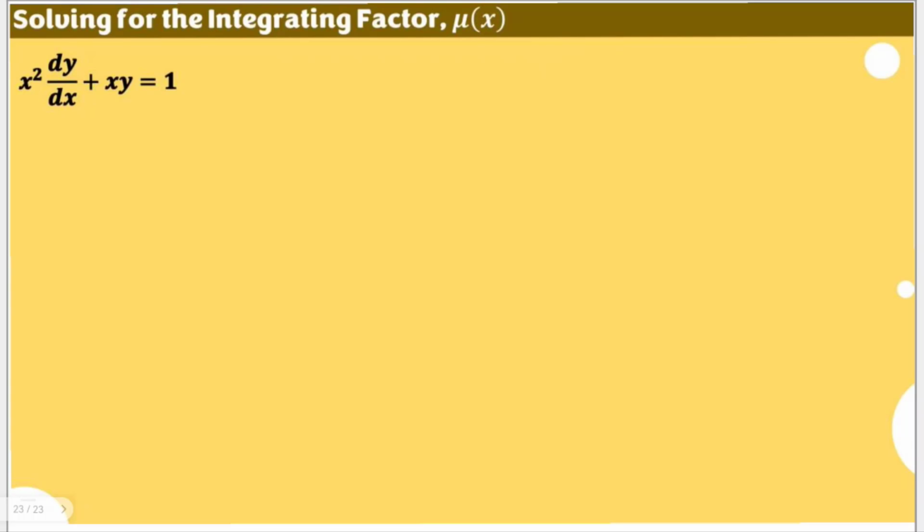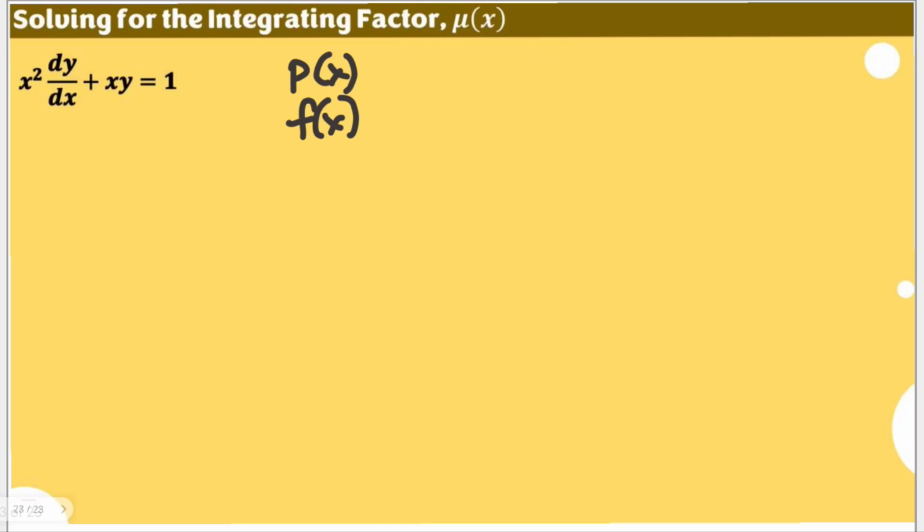We are tasked to solve for this given differential equation, but the process that we are tasked here is actually the use of the idea of linear equation. And for us to do that, we need to understand first the integrating factor that will be used in our processes. To solve for the integrating factor, we simply need to identify these two different functions, p of x, f